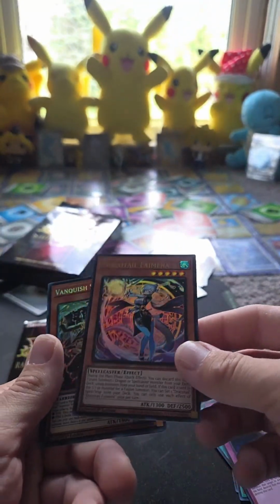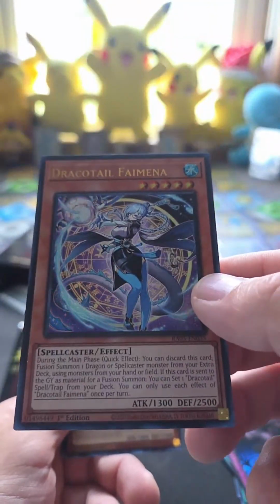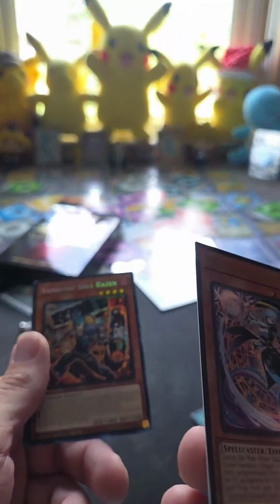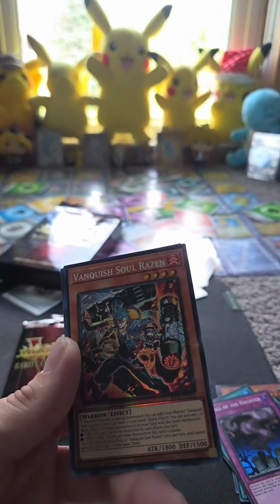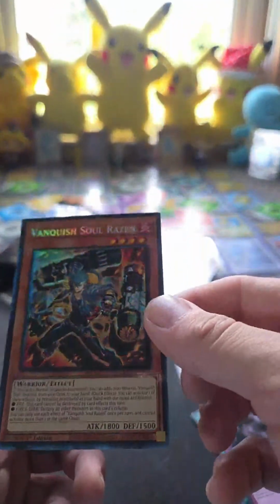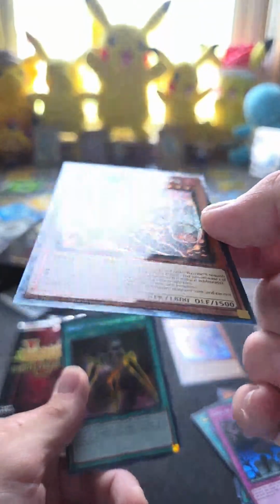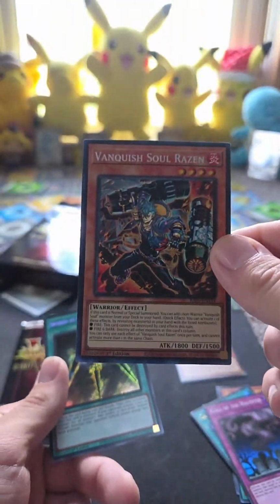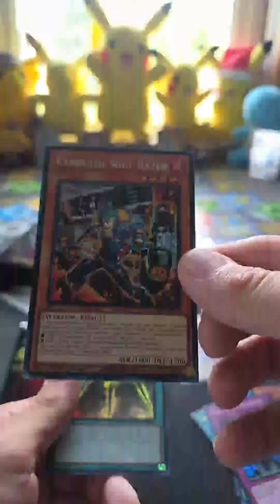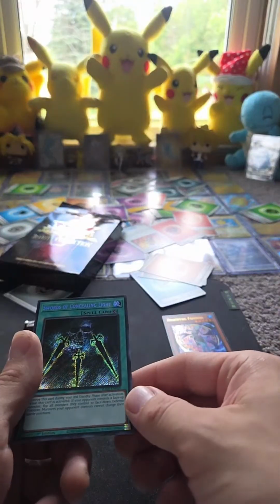Tail. That's actually a decent rarity. You can tell by the gold foil. But these are all hollow. So that's how you just know with a Yu-Gi-Oh! Product. Yeah, a little bit different rare. This is the average rare right here. You could tell if it was a secret, if it was like a shiny format on the texture of the card. But there's no shiny texture on the format of the card. So, and then the up here would also be different color. And you can tell that it's probably just a regular. I mean, I could be wrong, but...